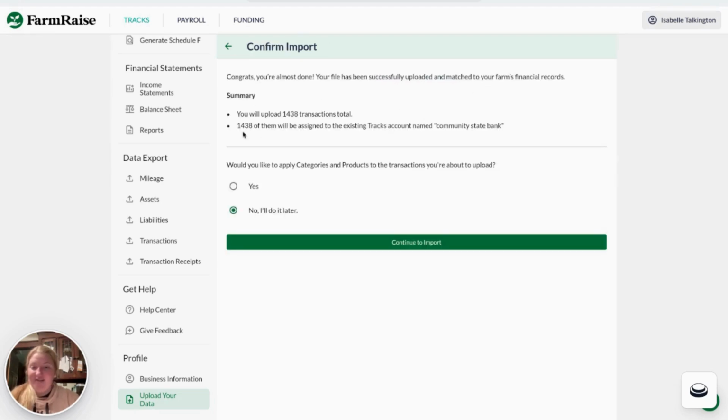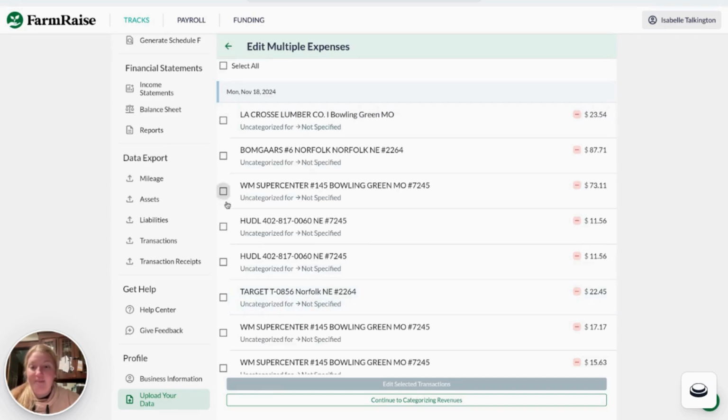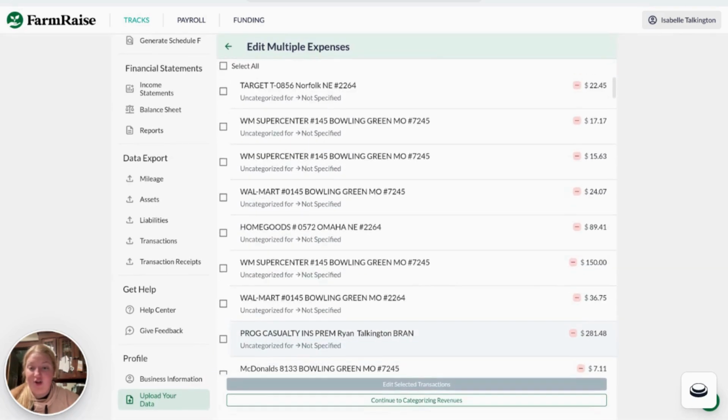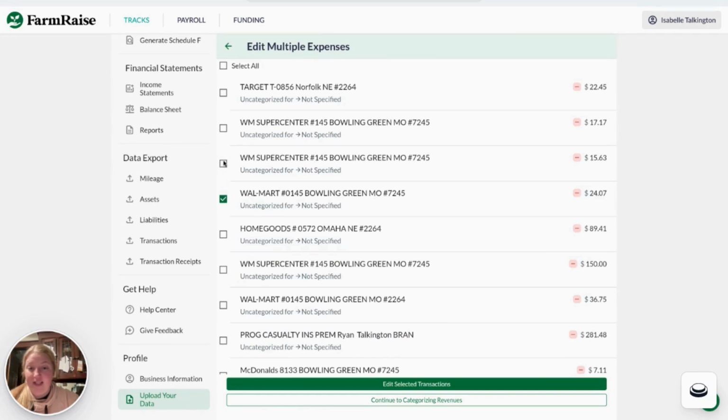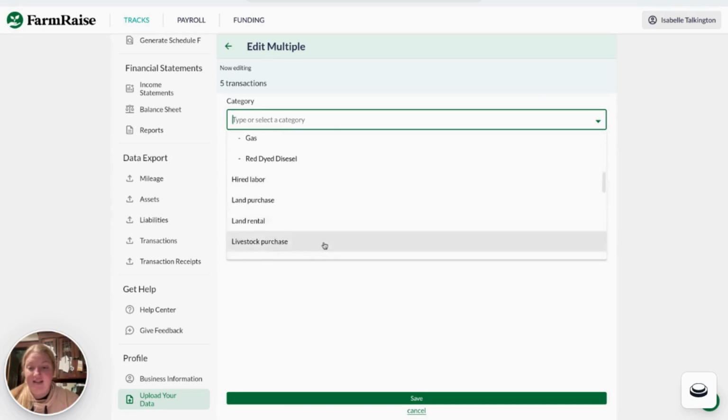All of these will be assigned to my existing Tracks account, and then you will have the choice if you want to categorize now to Schedule F categories or your personal categories and your products. You can choose to do it later or you can do it now. I'm going to choose yes, I'm going to do it now. Then I am going to be able to select all of the transactions that I want. I'm going to select all of these, and then I can save these as